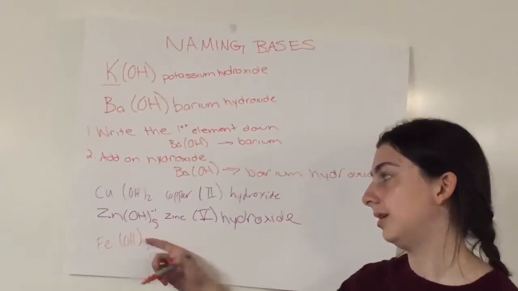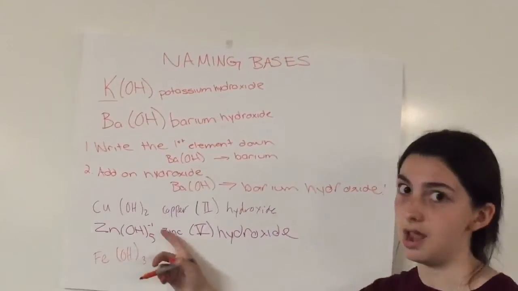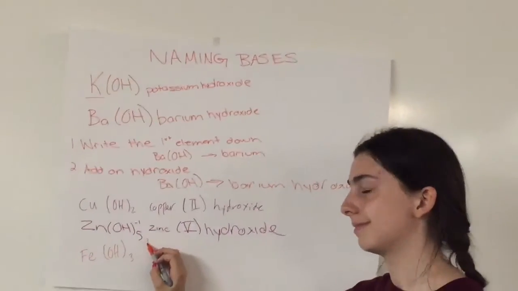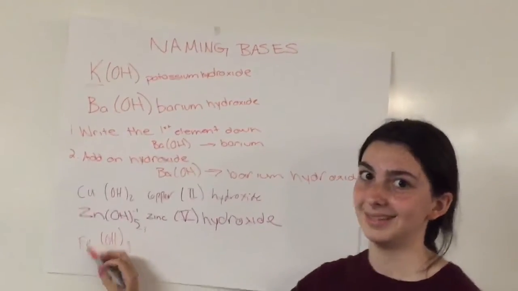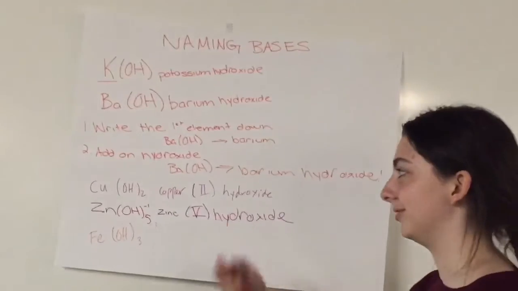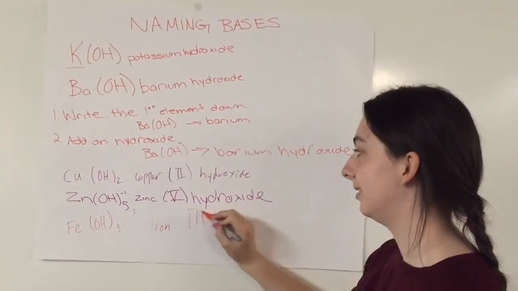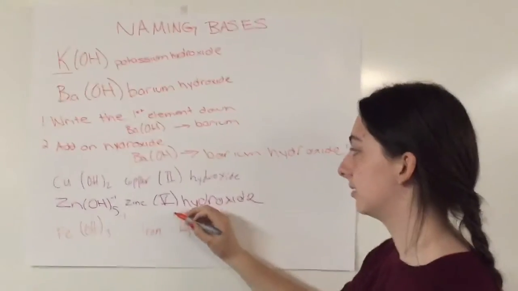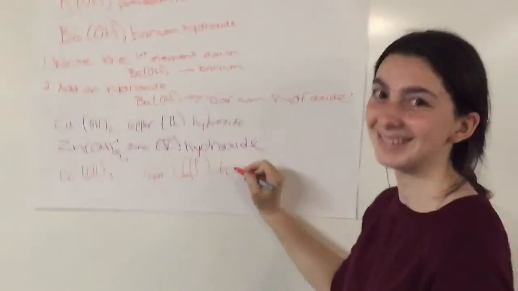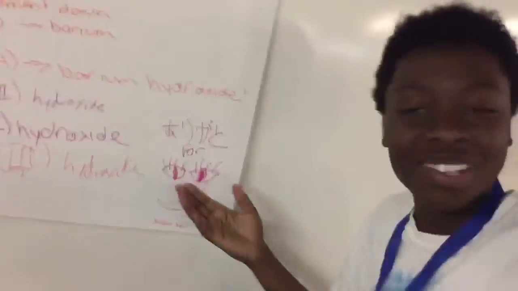So of course, -1 charge, 3, -3. This would be +3. So iron(III) hydroxide. So, all in all,